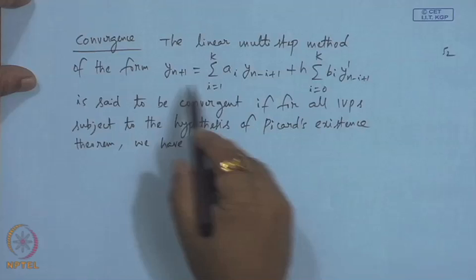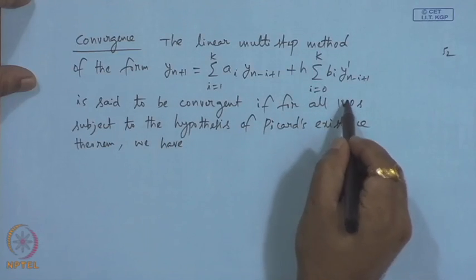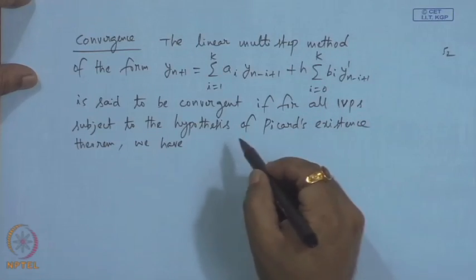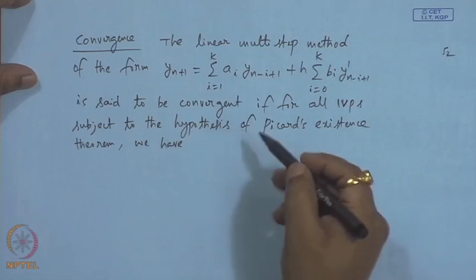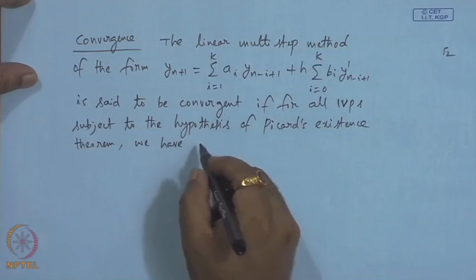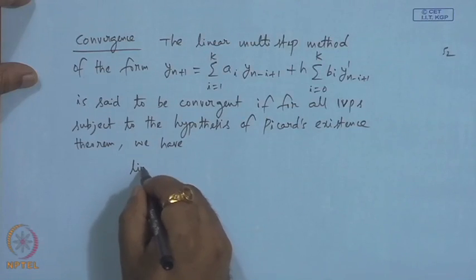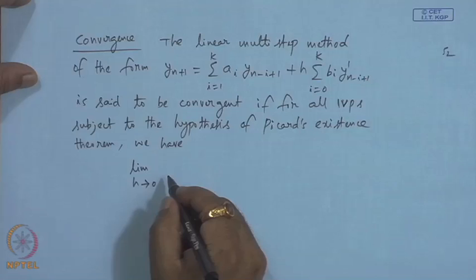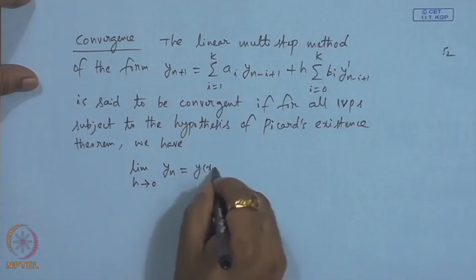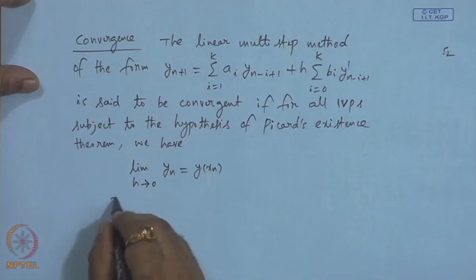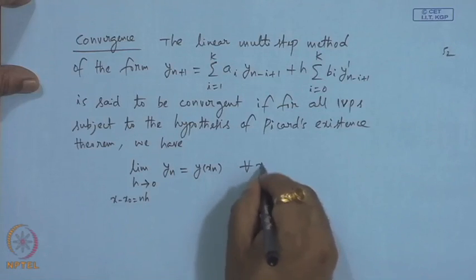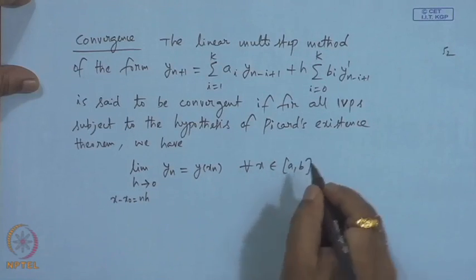That means if you recall, when we defined the IVP, we assumed that the solution exists subject to Picard's existence theorem. So, whatever the hypothesis, for example, the Lipschitz condition, etc. Under those, we have that as h goes to 0, y n equals y of x n, where x n minus x 0 is n h, for all x belonging to the interval a b,